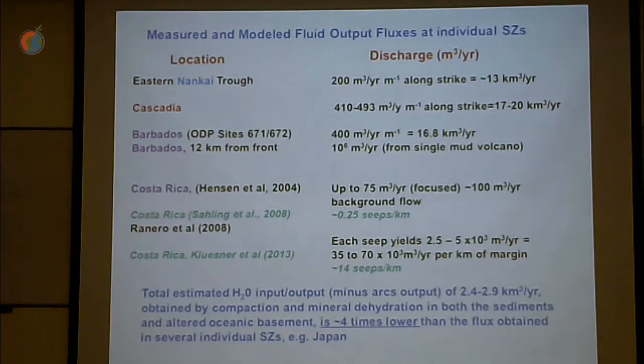At the beginning, when it was found at one place, it was thought that it's just a local aberration, that there is sort of a seep which is draining the whole margin there, and that is just something unusual. But then it was repeated everywhere. Many of the seeps all around the Pacific are giving these very high fluxes coming out of this environment. So the total estimated output,